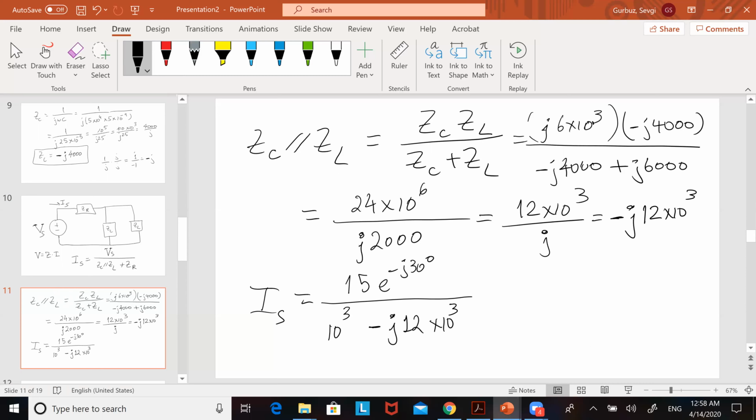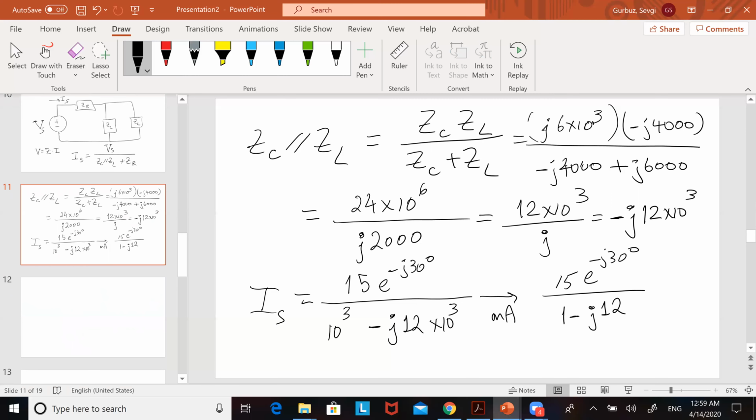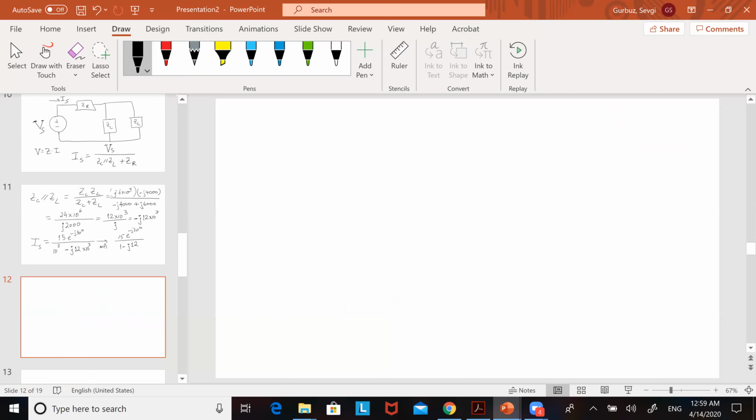So now we have to work through this expression. One thing that we can do is factor out the 10 to the 3 and say that we're now going to be in milliamps from now on. And I can write this as 15 e to the minus j 30 degrees over 1 minus j12. And now the next step is I have to convert this denominator into a polar format. So I'm going to say that IS is equal to 15 e to the minus j 30 divided by,